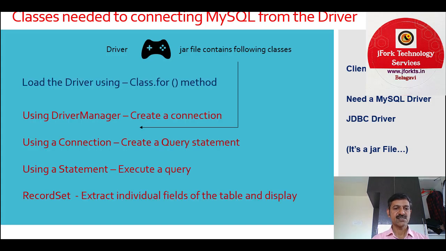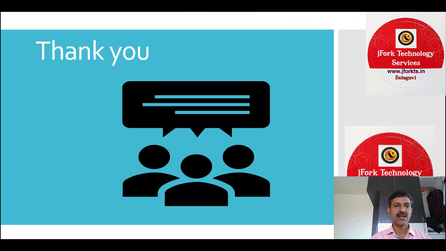So this is the process, and as I mentioned earlier, first you have to load the driver, create a connection, then prepare a SQL statement and execute that query, and once the query is executed, store that return value in a record set and iterate through this record set to get the data onto your screen. So that's it